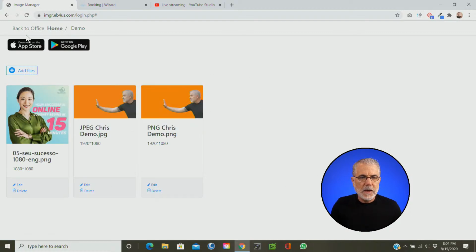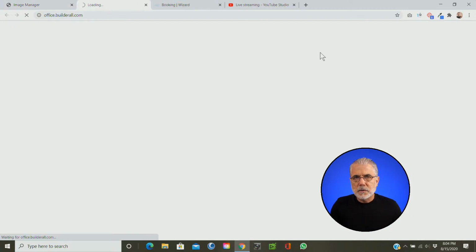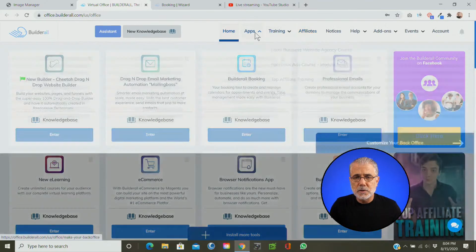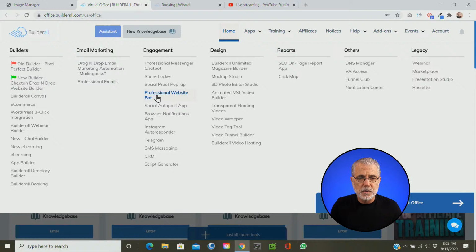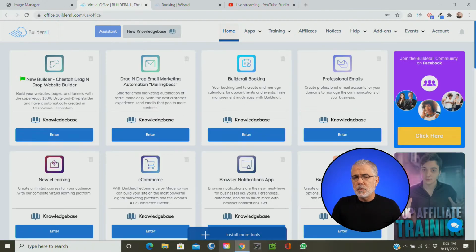And there you have it. So that is the 3D photo editor. Very good system to use. Check it out, guys. It's very cool. Now there are some new updates in the webinar